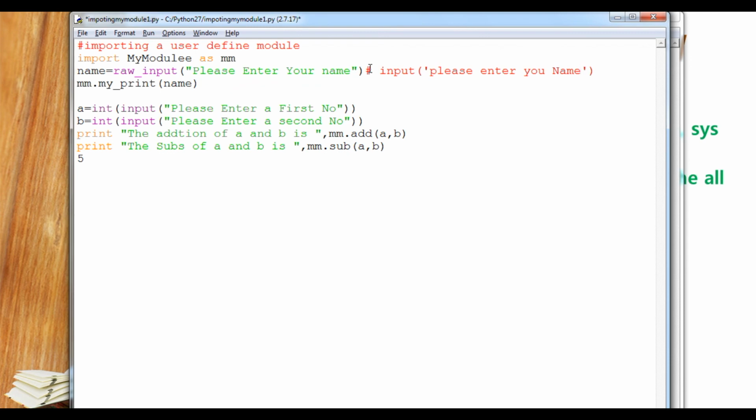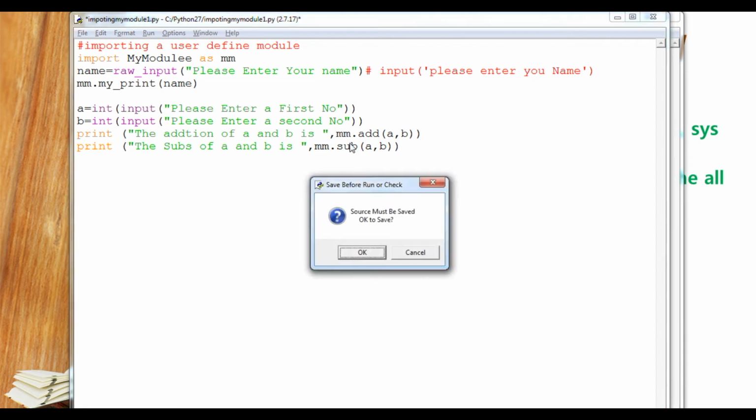Okay student, there is no need to write raw input. In that you can directly use input. Okay, and in Python 3 plus version, you will use round bracket. Without round bracket, it will not show you the output or it will show you the error. Okay student, so let's do it now, because Python 2.7 supports round bracket but not the input only.